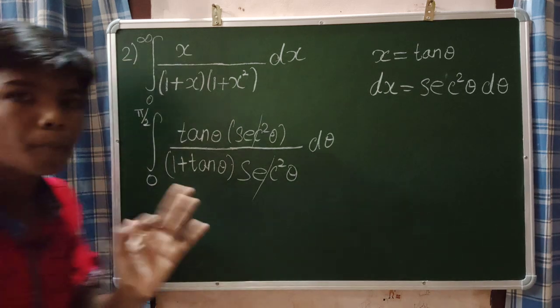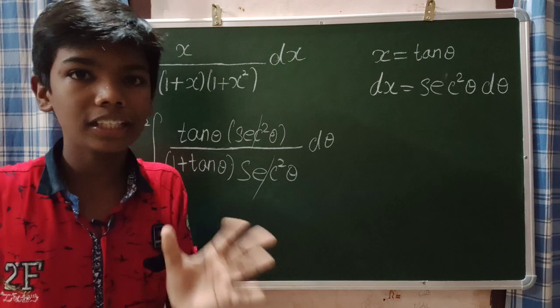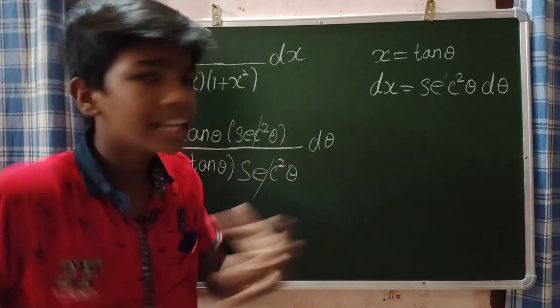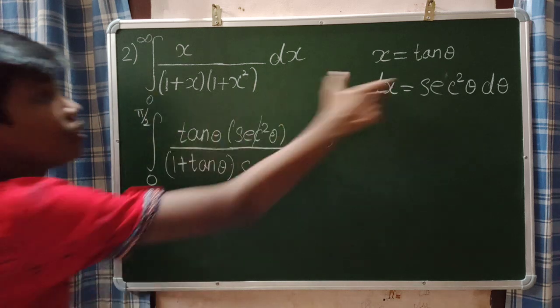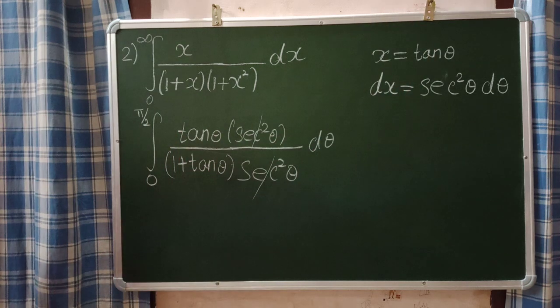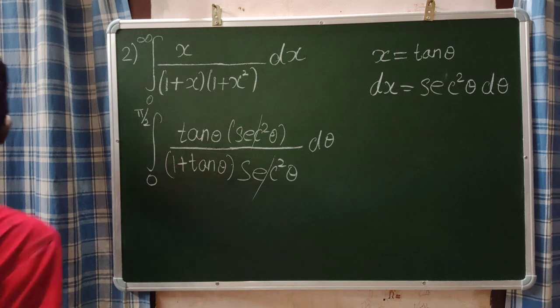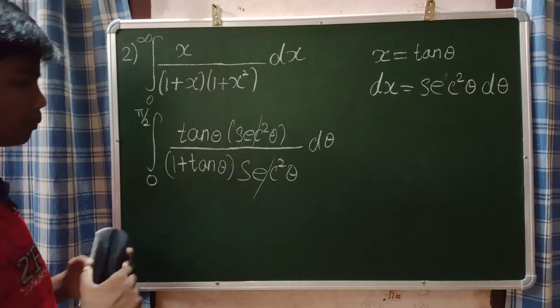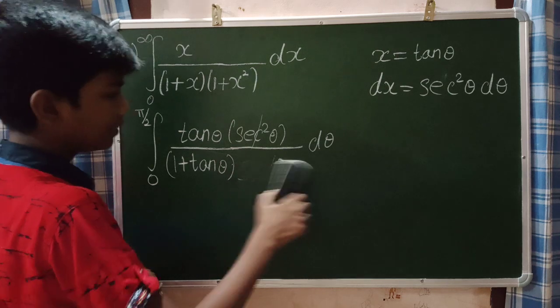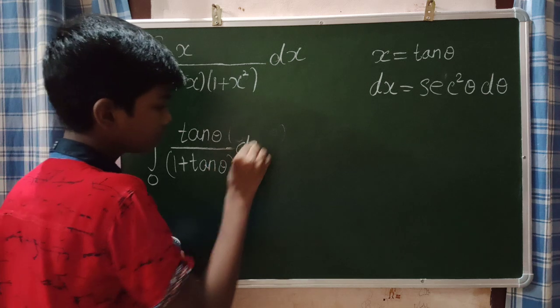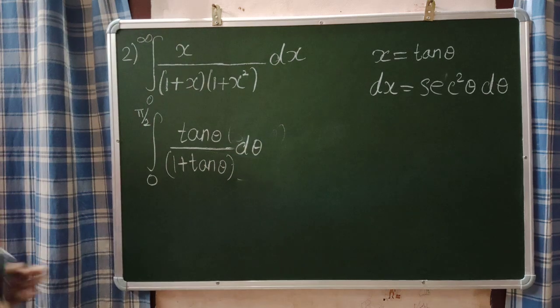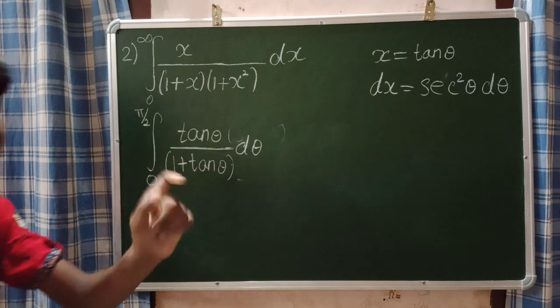Guys, this is a very important part you need to understand. Most people make mistakes here. When you are taking x as tan theta or any variable, you must change the limits based on the variable you are taking. That's a must, a very important thing. Now I change the limits. I cancel the secant square theta with the secant square theta, and what remains is d theta. Now guys, I'm going to write this tan theta as sin theta divided by cos theta.